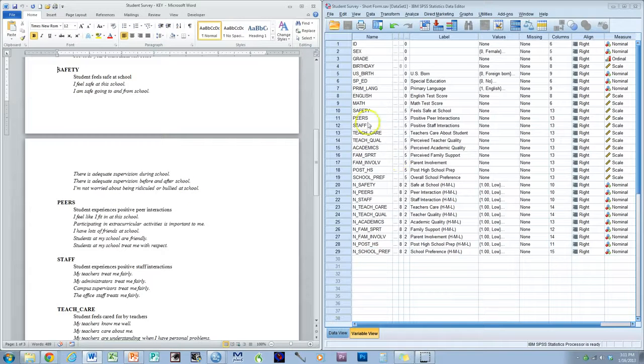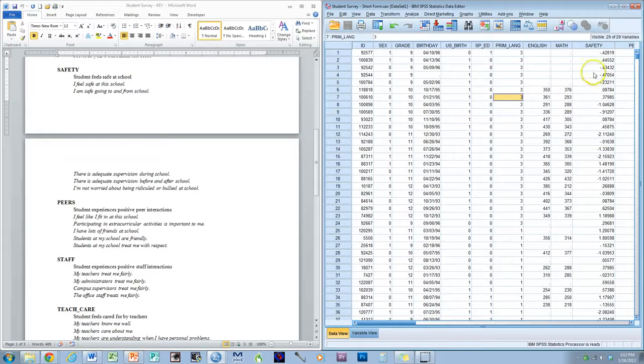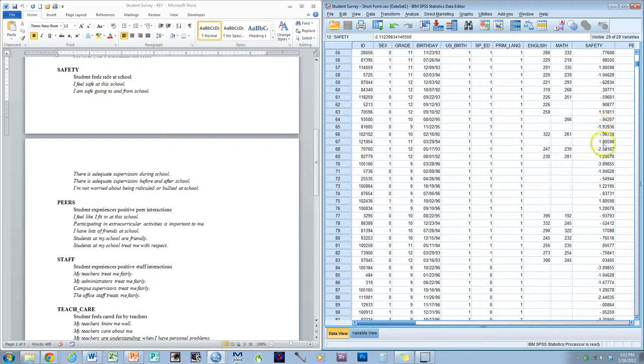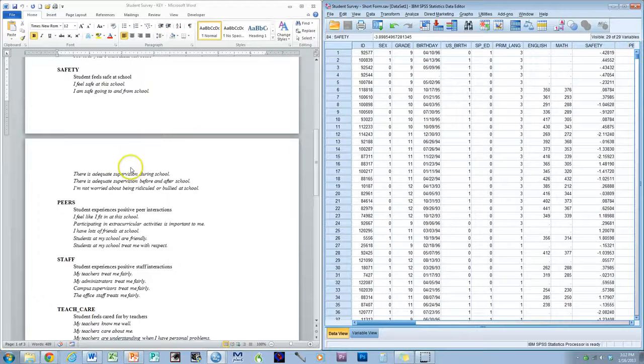Right? So right here, safety, that's the response to this variable. So if we go over here to safety, these are standardized scores. So there's z-scores. So this person's close to 0. This person feels safe at school at an average level. This person, -2, compared to the other students, they feel unsafe at school. And if you have a positive number, let's see if we can find a positive one, 1.8, this person feels especially safe. This person right here, -3.89, that's a really, really low score. So this person feels extremely unsafe at school compared to the other students. Okay, see how that works?